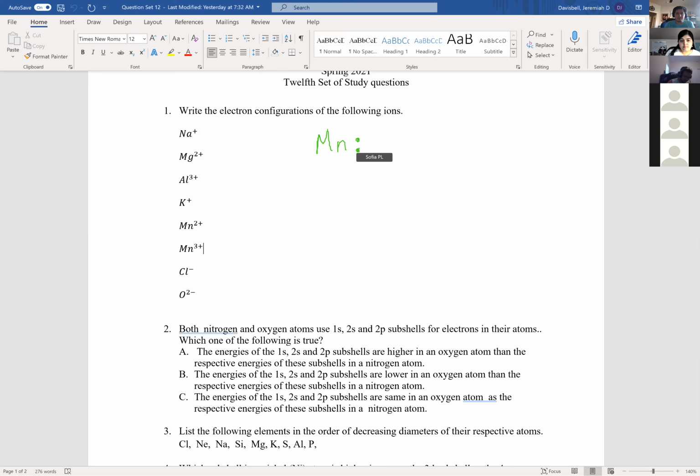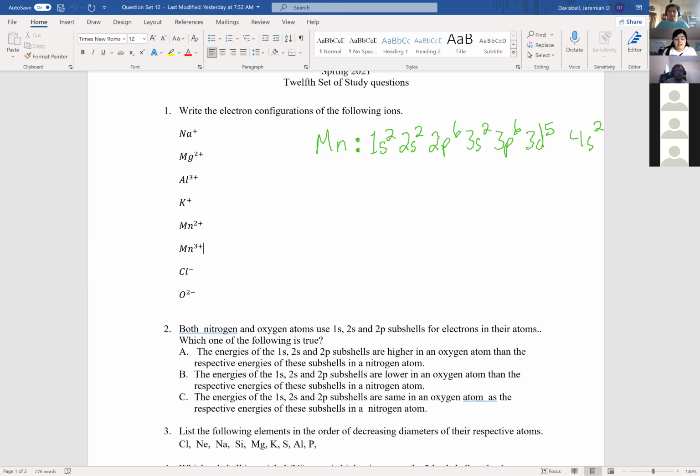It would be 1s2, 2s2, 2p6, 3s2, 3p6, and then 4s2. And then we would do 3d4. No, 1, 2, 3, 4, 5. 3d5, right? So I don't know if you guys noticed, but she said 4s2 first and then 3d5, and